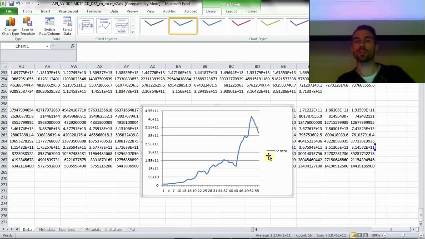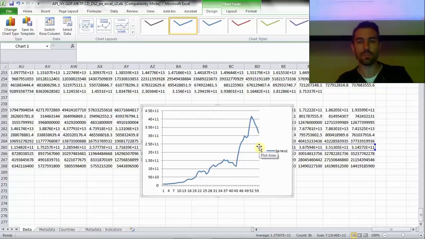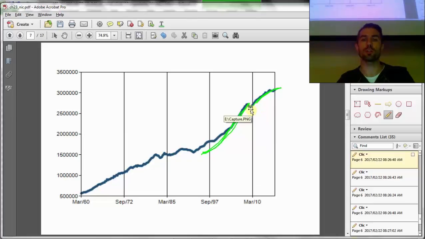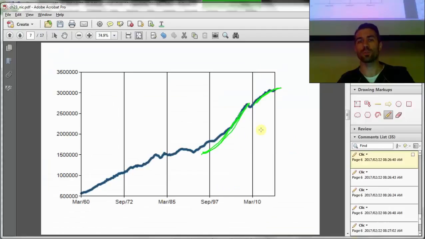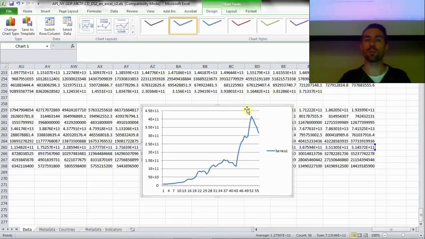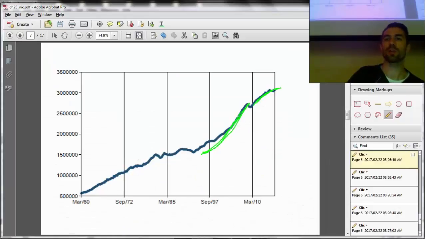Right? This is in current US dollars as well. So what this is demonstrating is also the depreciation of the rand in recent years. So in US dollar terms, our economy went through a big dip. In US dollar terms, it has not recovered to where it was previously. Despite our real GDP increasing, in US dollar terms, it has not. Yeah, so that's what our GDP looks like.